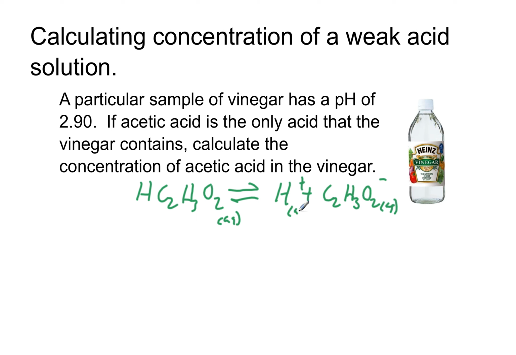Right? And now we know, at equilibrium, we want our initial, but we don't know what this is. This is our unknown. We know initially this would have been 0, but the good news is that we do know in this case our equilibrium concentration of H plus, we know that the pH is